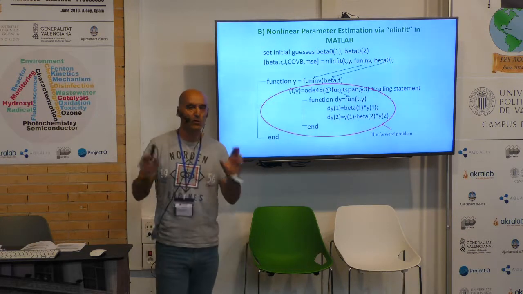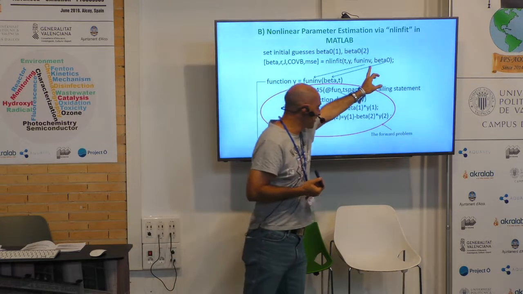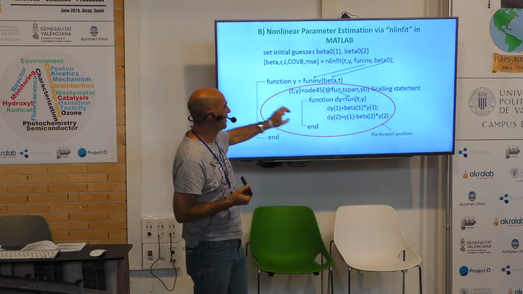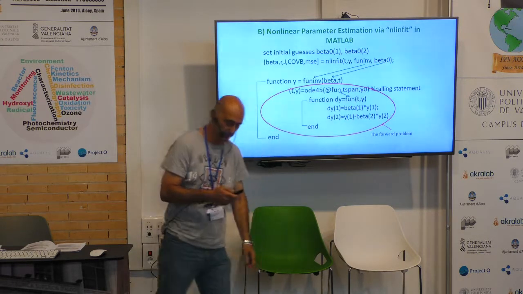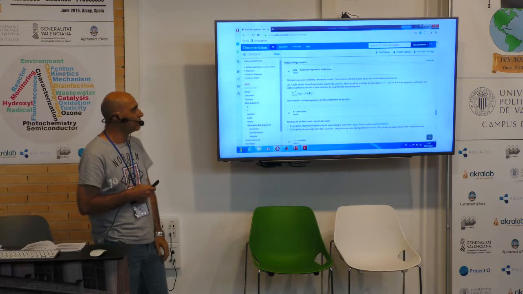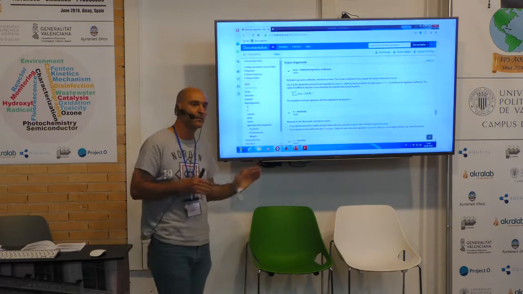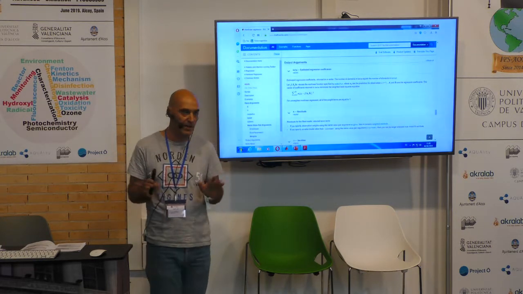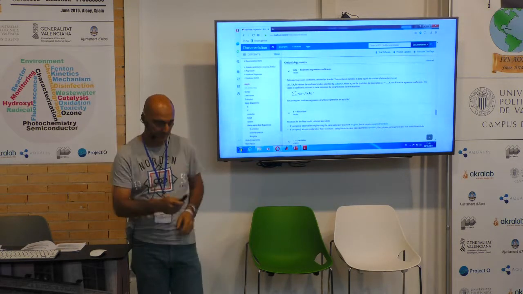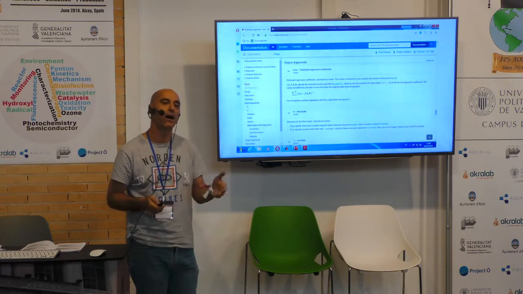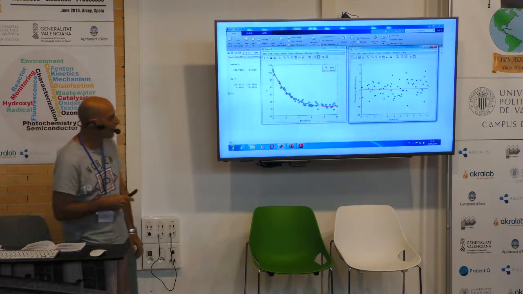In this case, there are only two loops. So this is the main one, where you change your parameters. And this is where you get the dynamics part plus the error computation. And the difference between the two methods is in this last one, your objective function is always the difference between data and your model squared. In the other one, you can have another one.